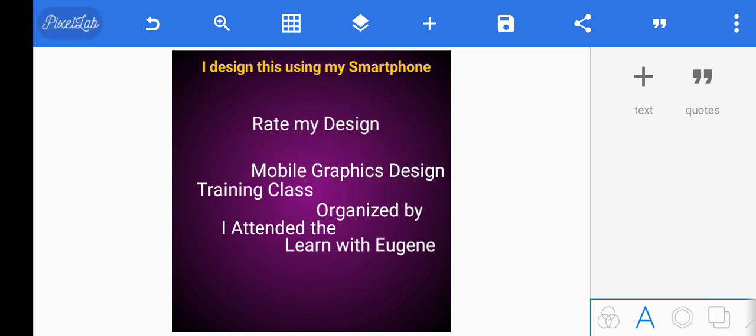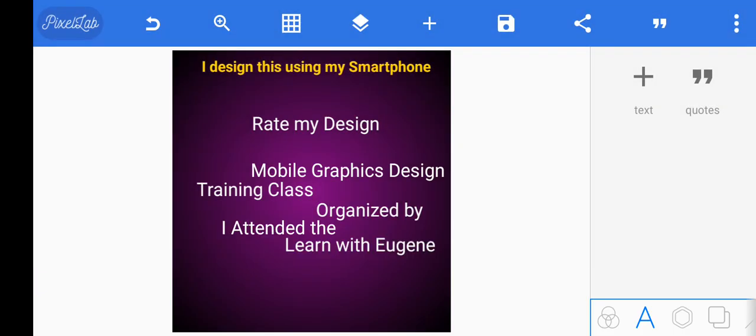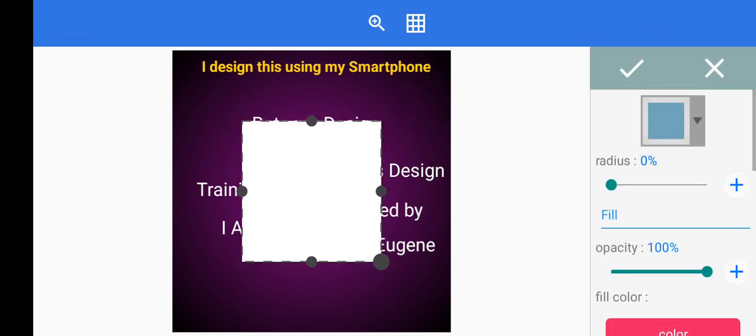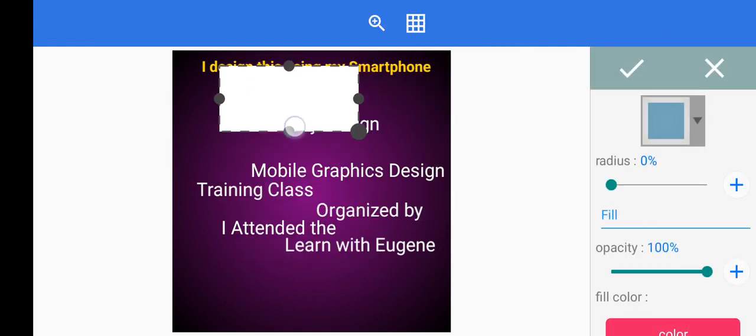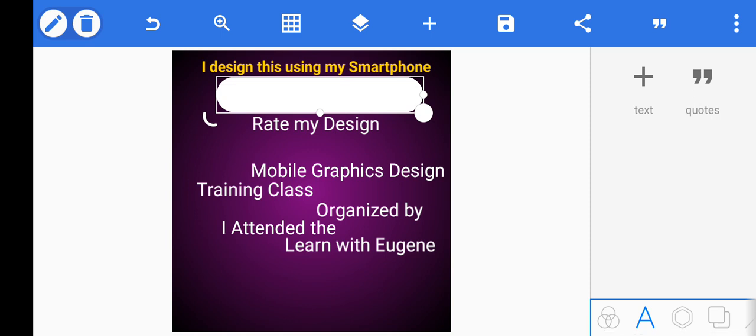So let's insert a shape. Sorry, we're gonna insert a rectangular shape. So we take it down, then we adjust it to the size we want. And for us to get that curvy shape, that curve that we had there, we have to make use of our radius. That's what we call radius. We're going to take it 100% radius so that you can have a full curve. If you don't want the full curve, you can just take it based on what you want. But as we want a full curve, we click on OK,